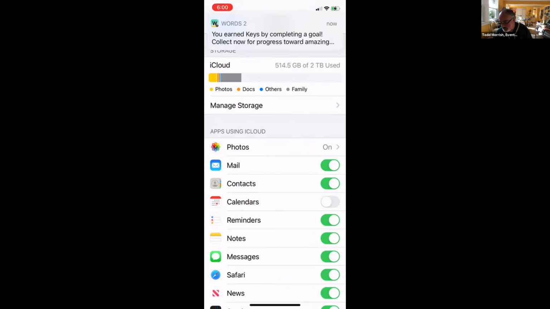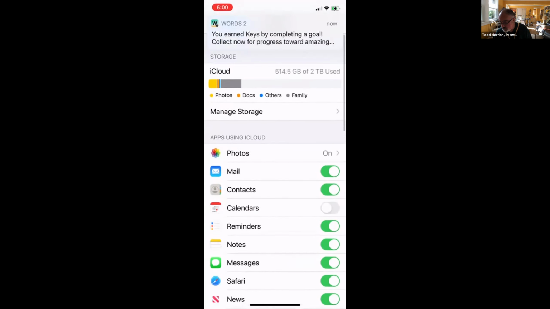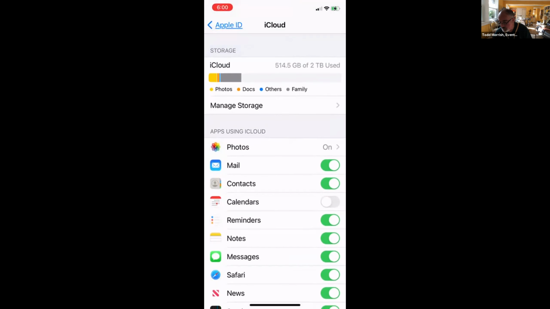I bring you here first because I want you to see that this is where your storage is, if you're using iCloud like I am. I had to recently upgrade to 2 terabytes of data storage. So you see a lot of availability across the top there. I don't know if you can see my cursor showing you what I'm pointing at, but it also shows you with color coordination what types of data you're using up on your phone. But you can also then tap on manage storage